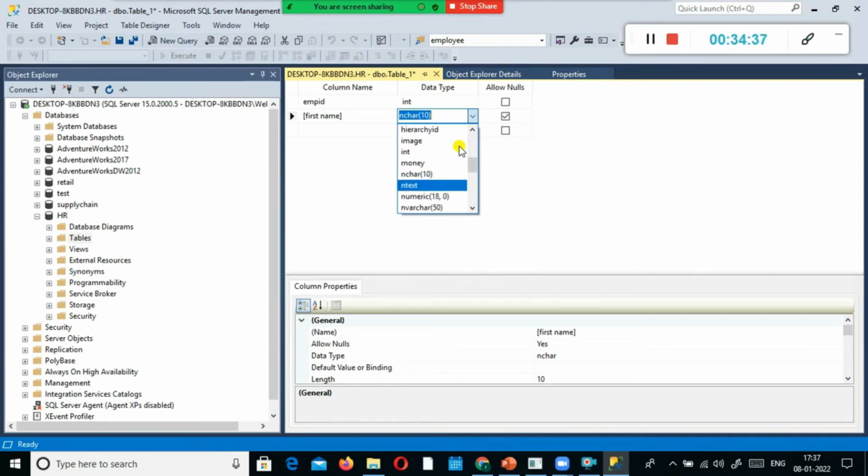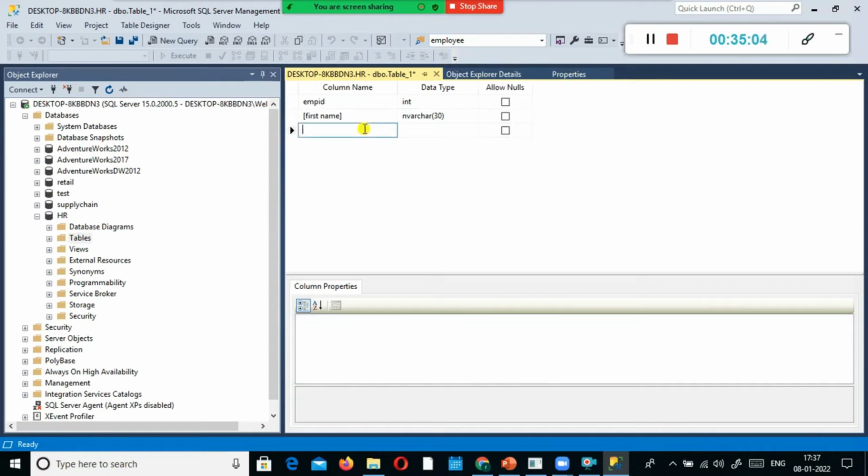We don't have to look at all the data types; we'll see what data types are available in SQL Server a little later. For the time being, I'm going to select varchar 50. For the first name, I'm going to specify the width as 30, and the first name should not be blank, it should have some value in it.